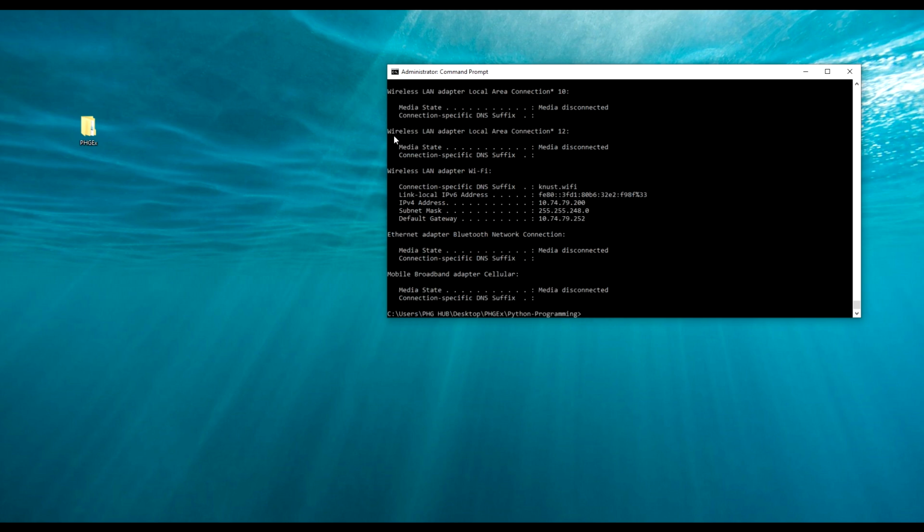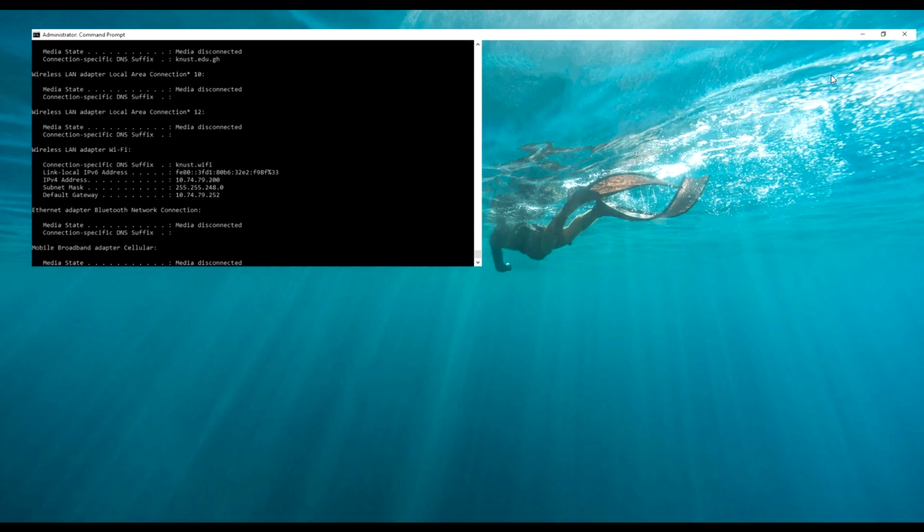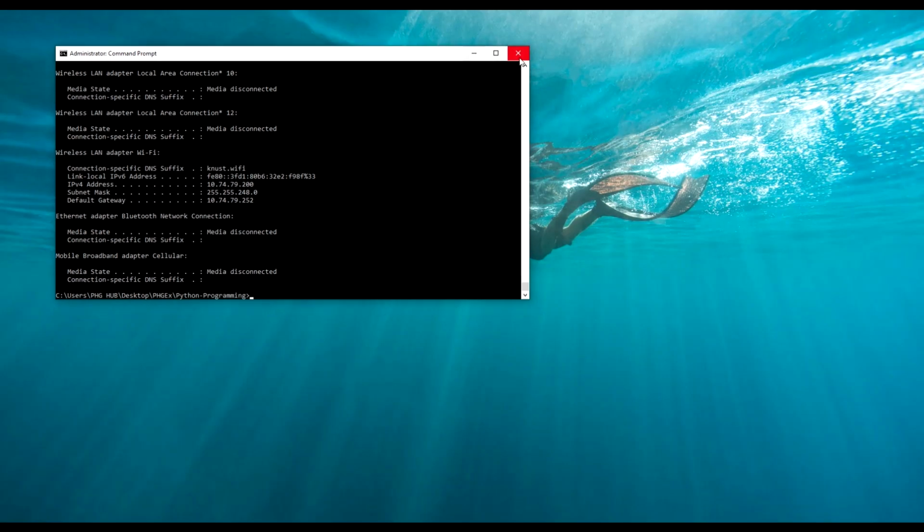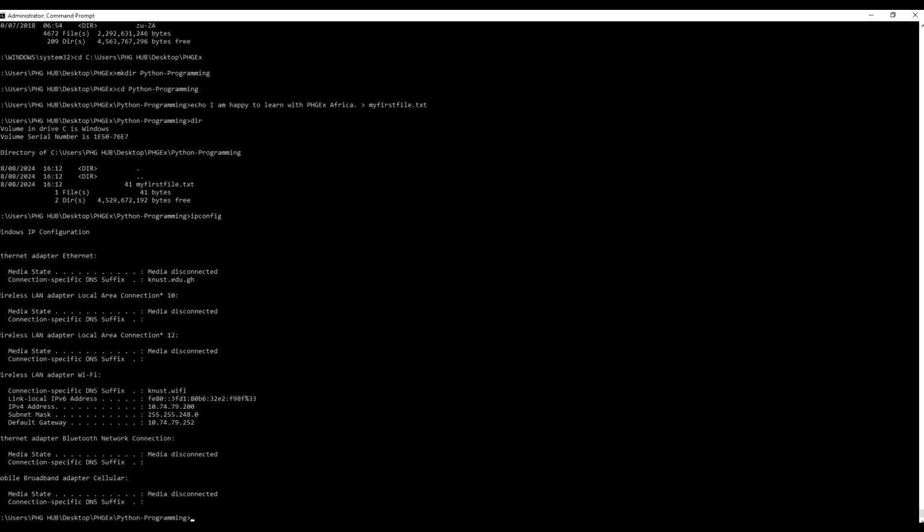Let me enlarge this. You can see that through the Ethernet adapter it's disconnected, and then with wireless, it is connected